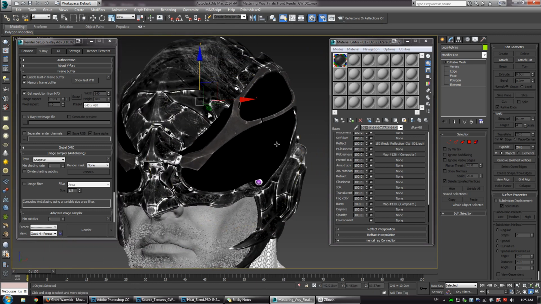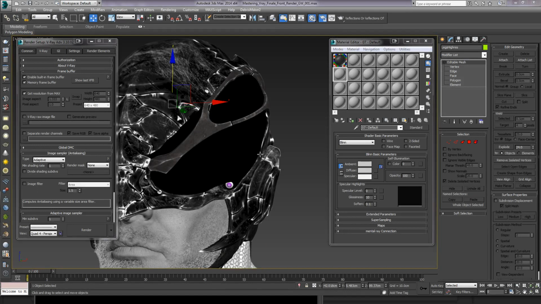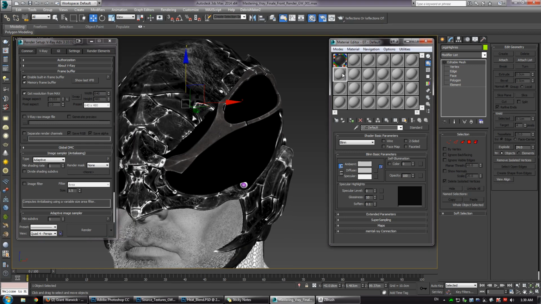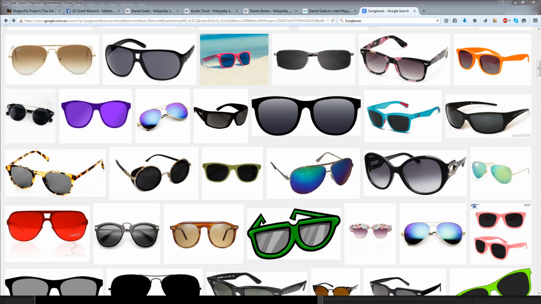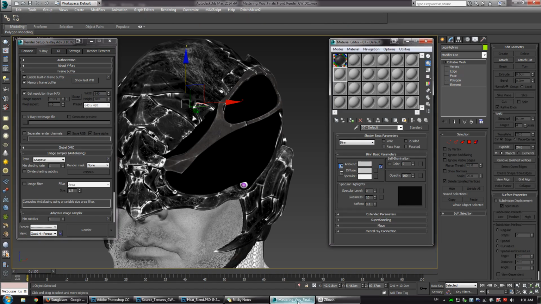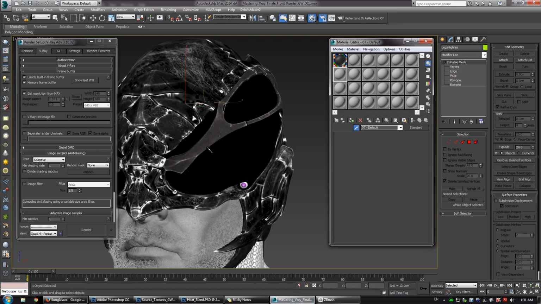Another really interesting thing is that I discovered on the Facebook page that David Weaver noticed on the Chaos Group forums that there was a new OSL shader that had been implemented by Vlado for creating thin film. So basically when you get things like polarized sunglasses, you get that colored reflections bouncing off. So if I bring up Google Images, you can see here that depending on the thickness of that film, you end up with colored reflections based on the angle. So a big thank you to David Weaver for noticing that,